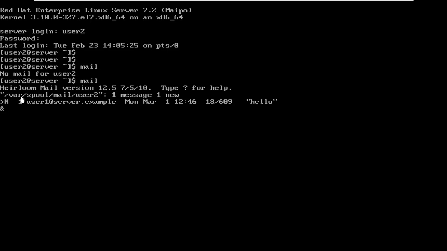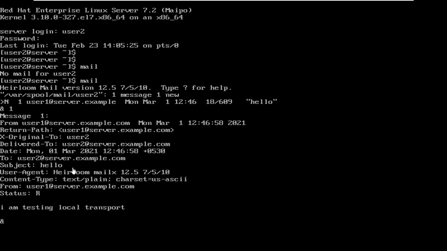By default, all the mailboxes of users will go into the /var/spool/mail/ users directory. This is the default mailbox. So it is showing the mail here. N means new. This is the new mail. After reading the mail, it will not show N. Now if you want to read this mail, you will have to press this number. If you have multiple mails, then you will see the numbers of those mails, and if you want to read those mails, you have to give the number. So I want to read this mail, so I will give number 1 and enter.